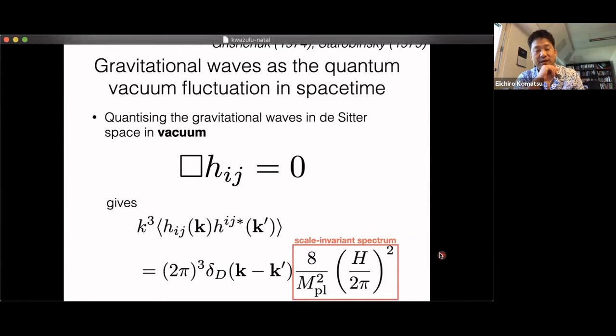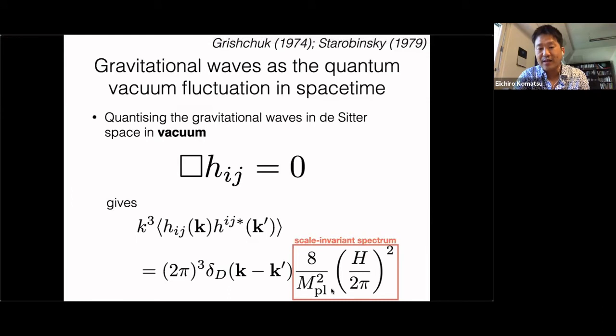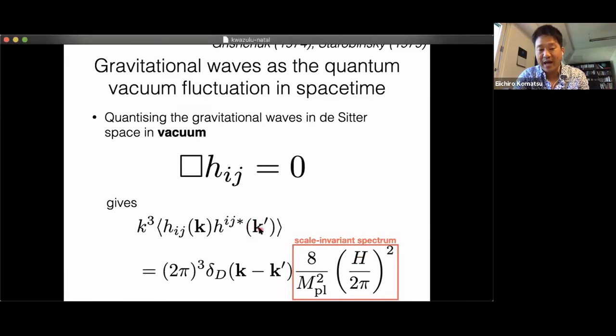Now, how do you produce this thing? Okay, so you have Einstein's equation, and you have the vacuum equation, right? So you have h_ij box that's equal to 0. And you quantize this equation and calculate the variance, and that variance is proportional to the Hubble expansion rate during inflation squared. And during inflation, the Hubble expansion rate is nearly constant. So this means that this whole thing does not depend on the wave number k. It's called scale invariant, this whole thing does not depend on scales. Once it's produced,